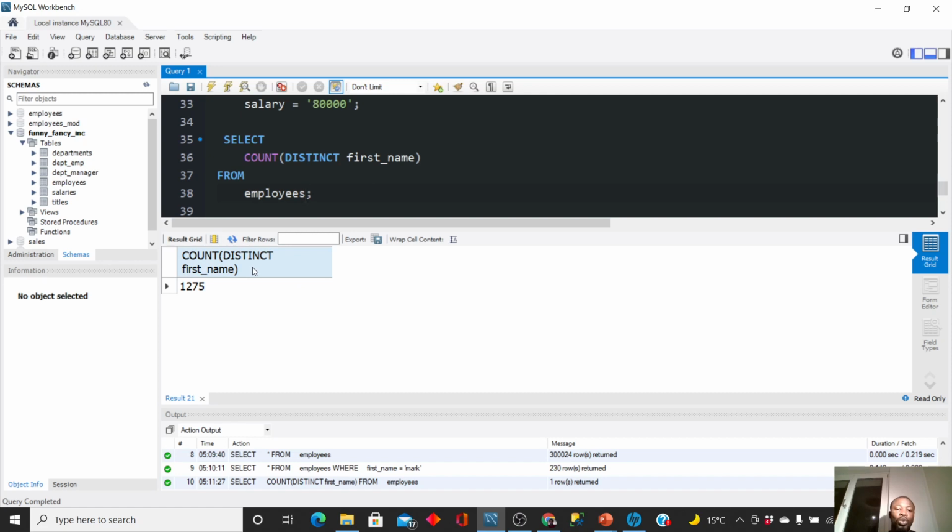So you can rename this particular header here by using what we call aliases. And in SQL terms, all you need to do is place an AS here. That means you are renaming this count distinct first name that you find here as